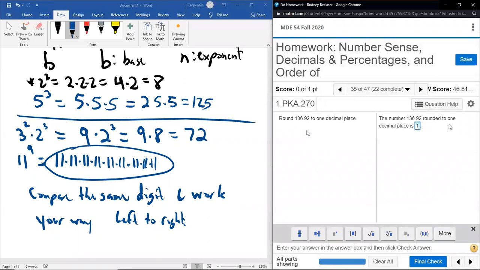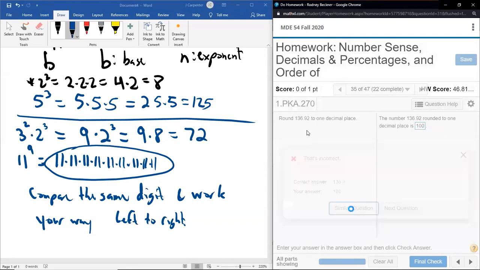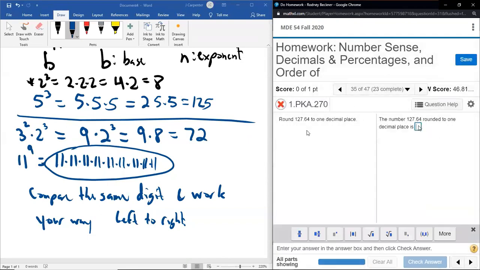So maybe I just want to round that to 100. A nice, even, rounded number. And I really like rounding to one significant digit in my real life when I'm working with numbers, just kind of testing things out. But that doesn't mean it's right, because they said round to 1 decimal place. I can share the answer. In a similar question, numbers change, but you still have an attempt. You have as many attempts as you need. And again, it's not for a grade. This is for your own help, because a lot of you are probably here for a reason.